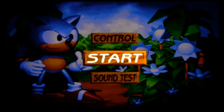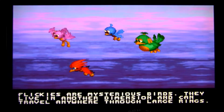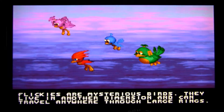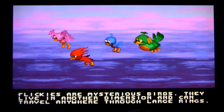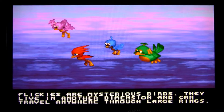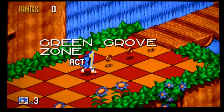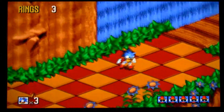Traveler's Tales went on to make 500 Lego games that are almost exactly alike with different skins based on the license. Although I will stick up for Lego Marvel, which I actually do have. I was gonna say it's the only Lego game I have, but I'm super nerdy. I also have Lego Batman 2, which is actually what I would say the natural progression of where Lego Marvel is going. And the reason why Lego Marvel is fun and probably the best Lego game that I've ever played, and I'm not even a fan of the Lego games, is